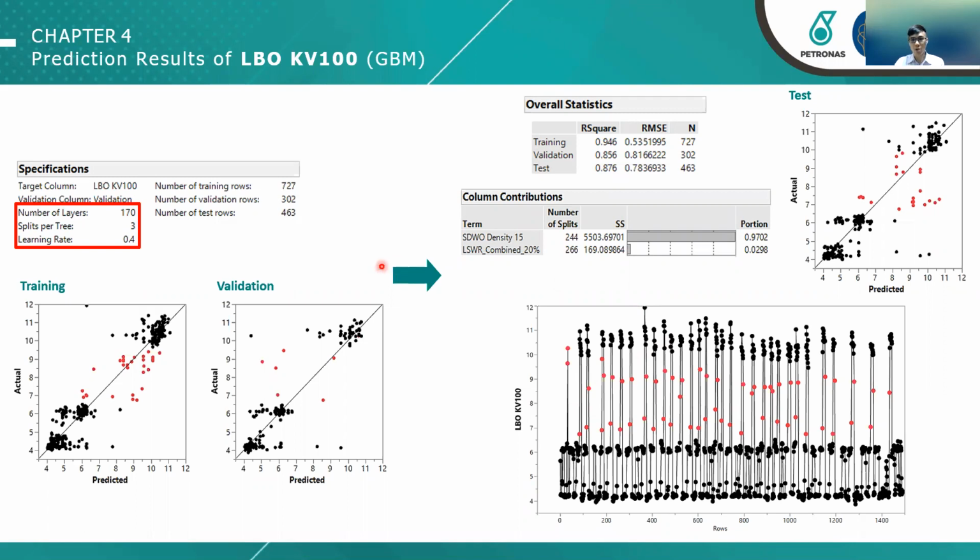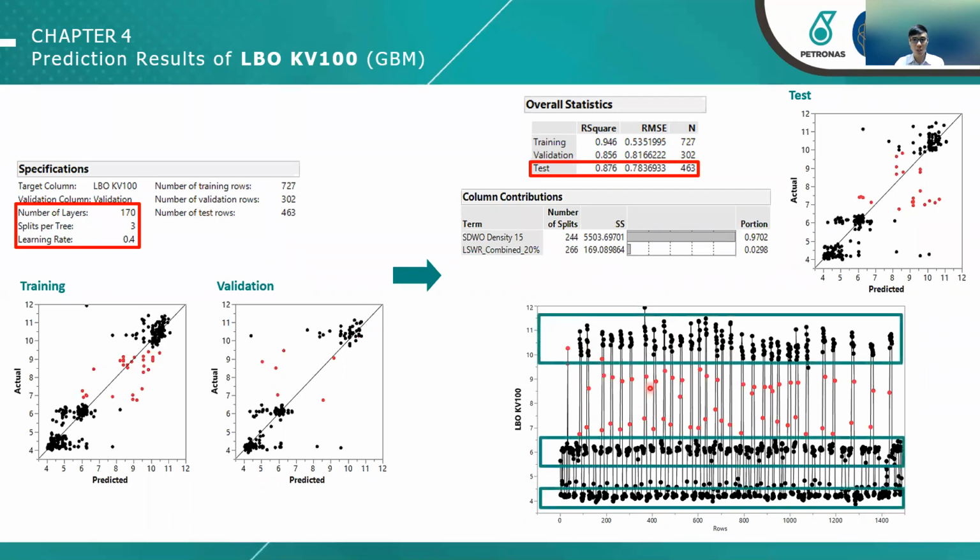The outcome of the model is shown on the right-hand side, where the R-square of the test set is 0.876, which is relatively good and fulfills the benchmark set by Petronas. An observation that is worthwhile noting, there seem to be 3 clusters from the plot, where KV100 is seen to run at 3 distinct ranges of set points, which I suspect to be 3 different grades of base oil,